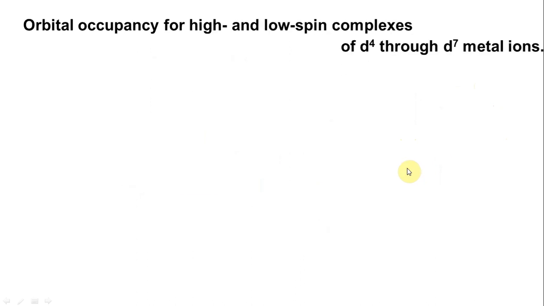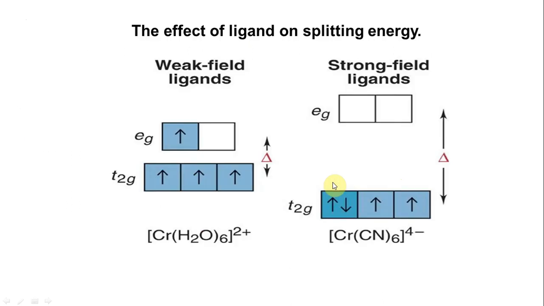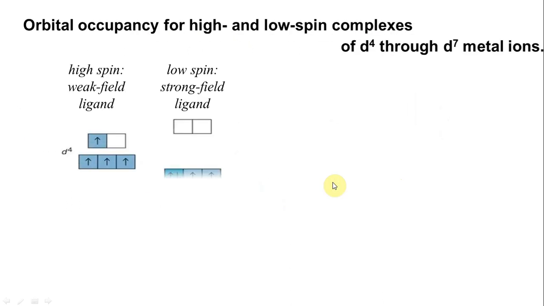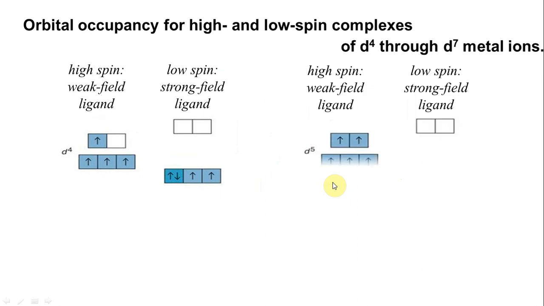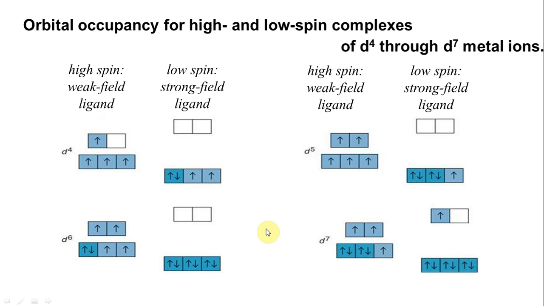Here are a couple of examples for the four that differ. Remember, in this slide there are these four that differ, so I can actually show you that. For a d4, this is the difference between a high spin and low spin complex. This is for a d5, and this for a d6. d6 is extremely important because d6 high spin has paramagnetic character, d6 low spin has diamagnetic character. And this is d7. These are just for you to revise, practice it yourself.